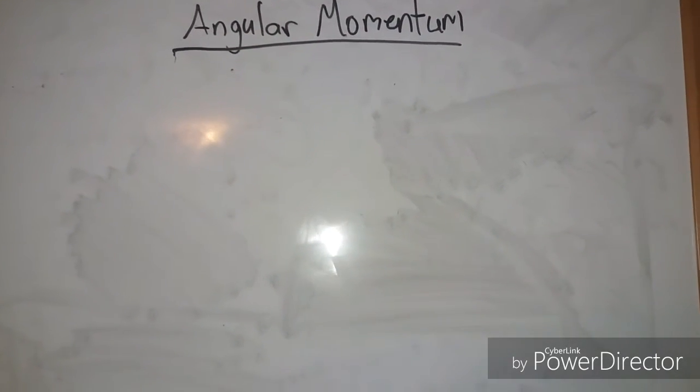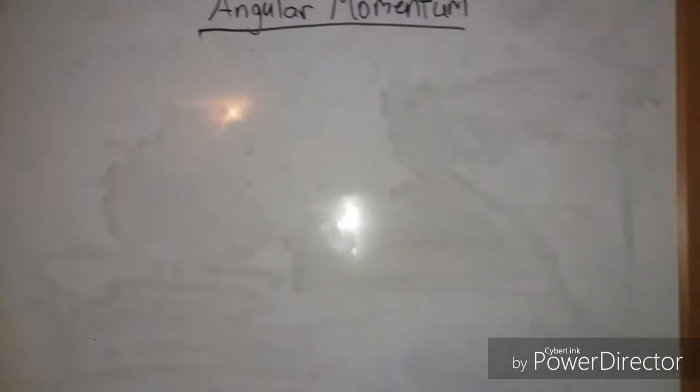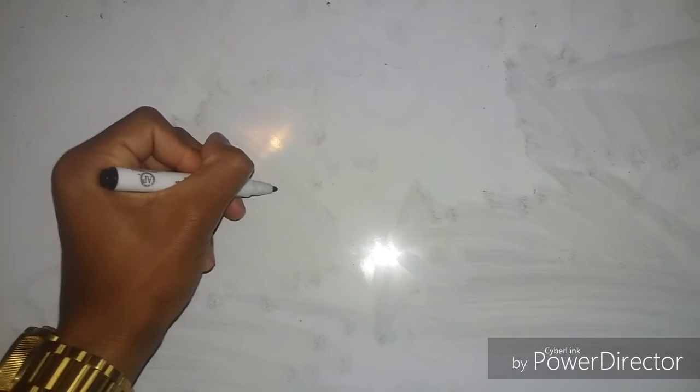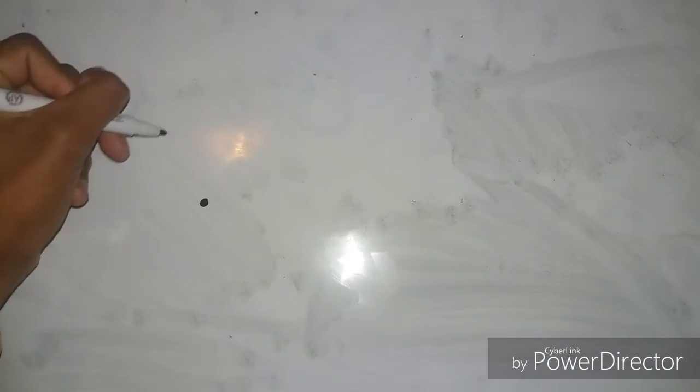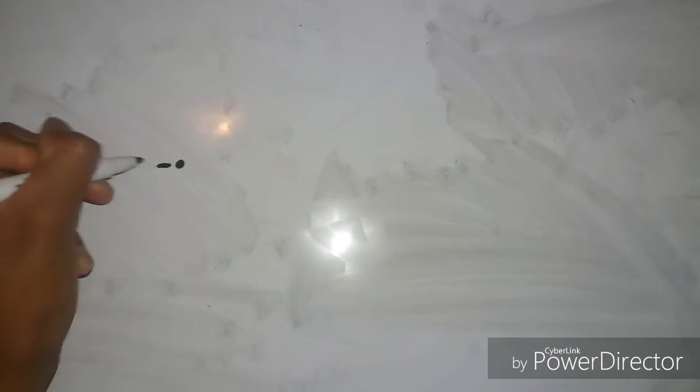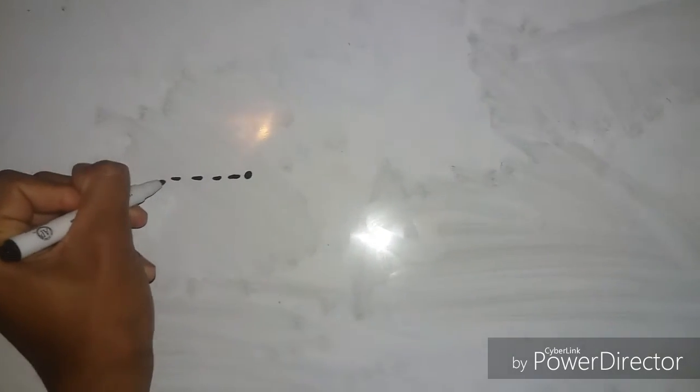So you know how angular momentum works because of Newton's first law of inertia. It explains why things move in a circle, not in a straight line, and they don't get pulled into the center of rotation. So let's say this is your center point of rotation, and there's a ball on a string like this,